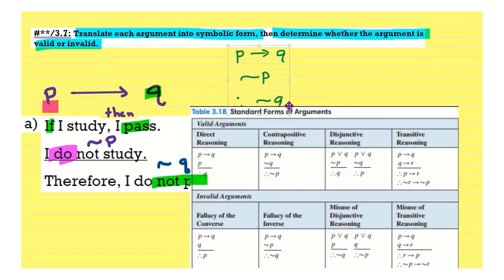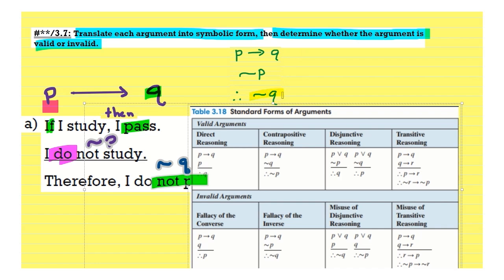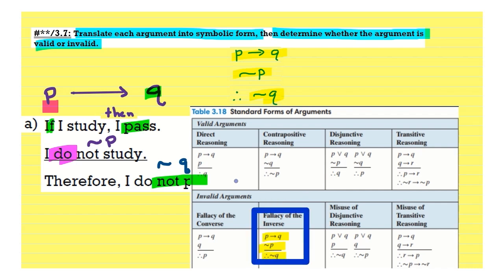So we're going to use that translation to symbolic language and compare it to our chart. Let's move that up so we can see it better. Okay, so where do we see this? I tend to like to look at the bottom line first. I've got a not Q here. So I want to look for not Q. There's Q, there's not P, there's Q, and then, oh, here we go, not Q. Okay, and then if I go up to the second line, that's not P, and of course my original statement is right there. So this definitely matches with the fallacy of the inverse, which means that it is an invalid